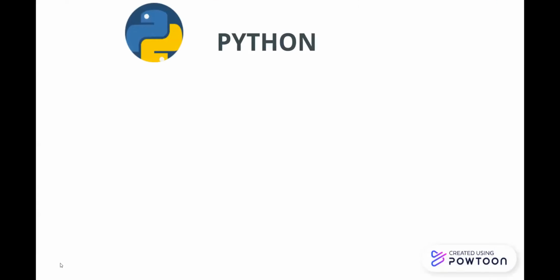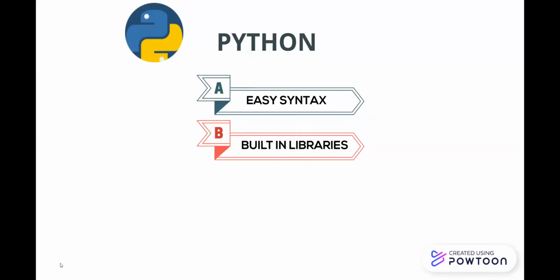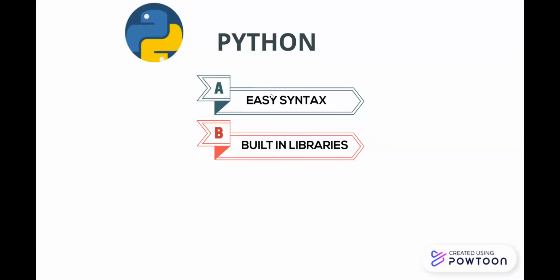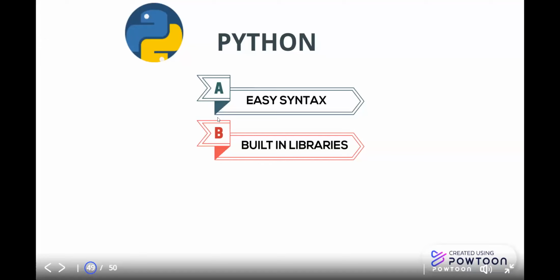Why Python, sir? They could have used n number of programming languages, right? Yesterday I told you Python syntax is very simple. One more very important point I will tell. Python has n number of built-in libraries where you can perform huge tasks in less time. That's the reason they're using Python. Is that clear? Not just because the syntax is very simple. I'll agree with your point, Python is very easy to understand and the syntax is very simple. But Python has extensive built-in libraries. Because of that, they're using Python.